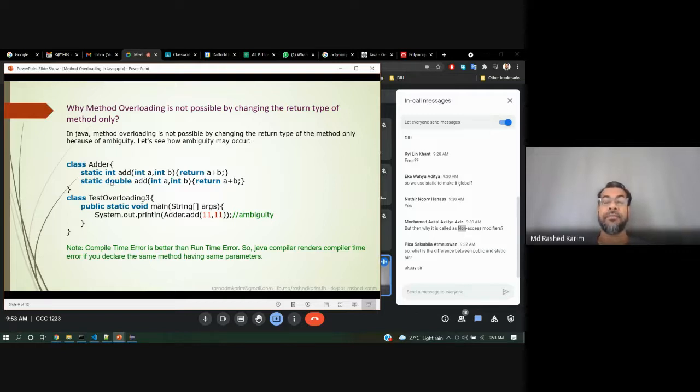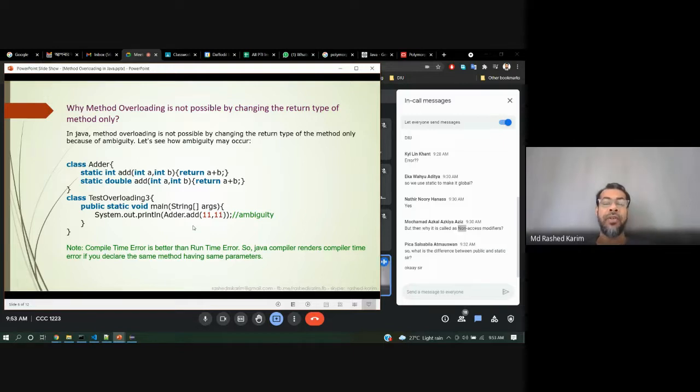It cannot be possible, because when you call this one, how can you define which one you are calling? If it takes 11 and 11, you can call it with 11 and 11, but what will be the outcome, an integer or a double?